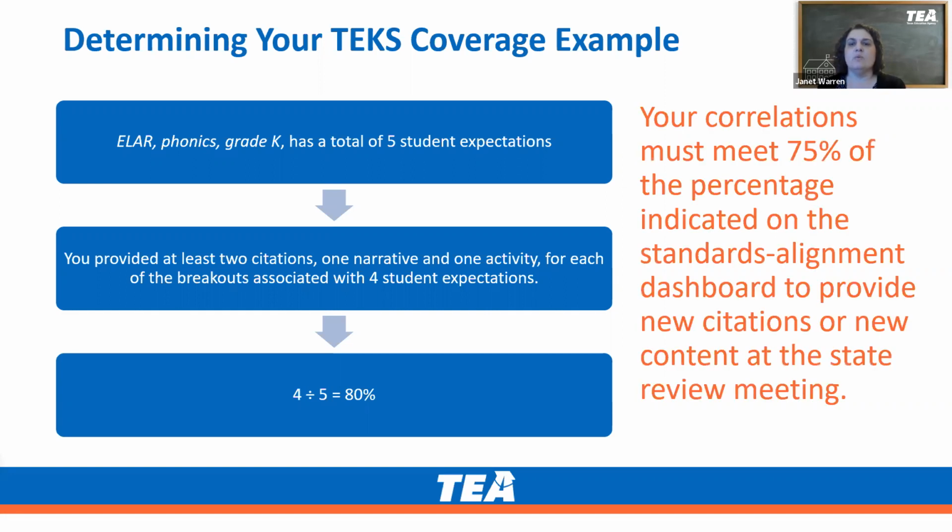There are times in which reviewers will reject some of the citations you provided. You'll be given an opportunity during the review to provide new content or new citations for the rejected breakouts, as long as your product is found by the reviewers to meet at least 75% of the system calculated score. If you are found to be eligible to provide new content during the review, you will have 48 hours from the time you receive your initial report to do so. So it is important that you coordinate with your content staff to ensure they are available during that time.